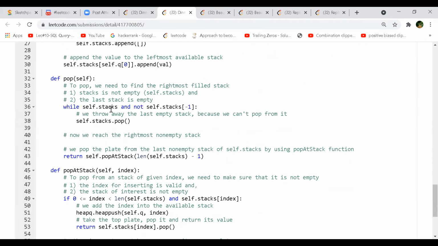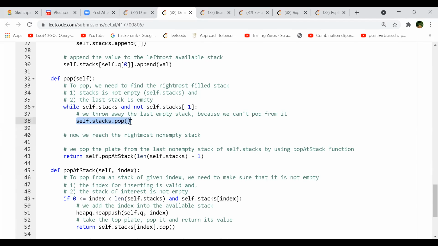Like, if my main stack is not empty, we are checking whether there is any element on the top of the stack. If it returns false, that means we'll pop it. So you don't want to keep that when the stack is empty. That might happen because you use popAtStack at an index, right? That might actually remove elements from that stack and not remove that stack from your stack list.